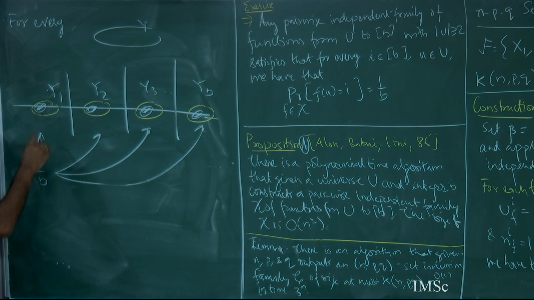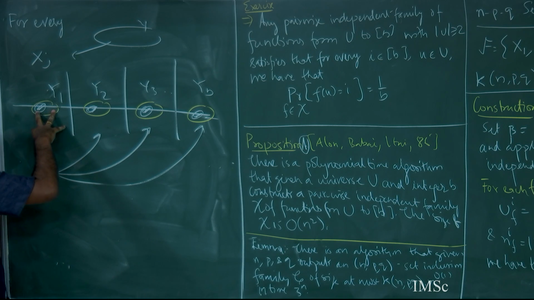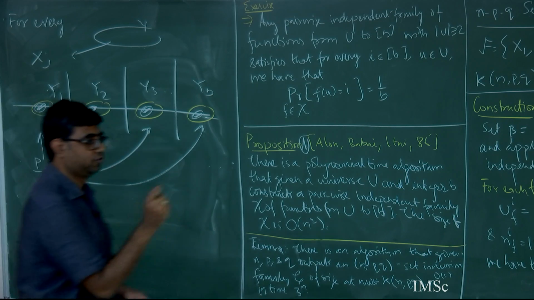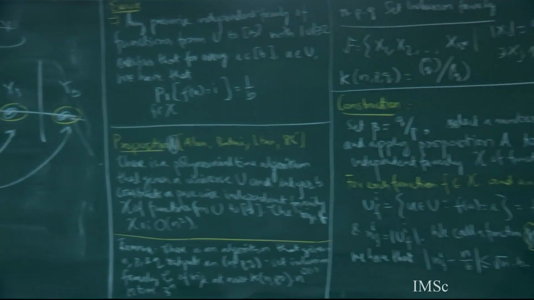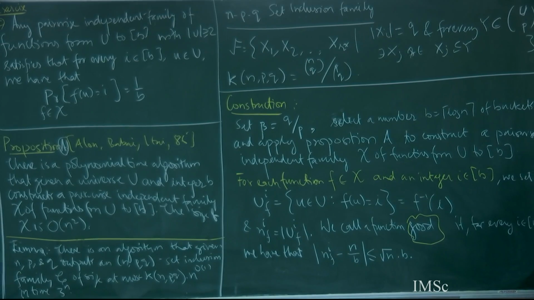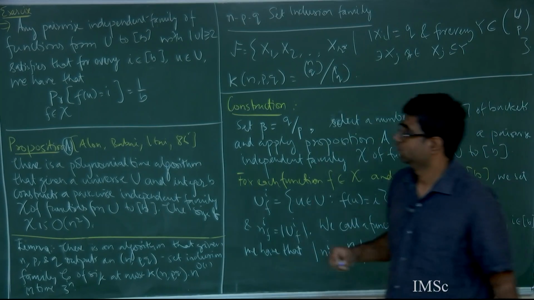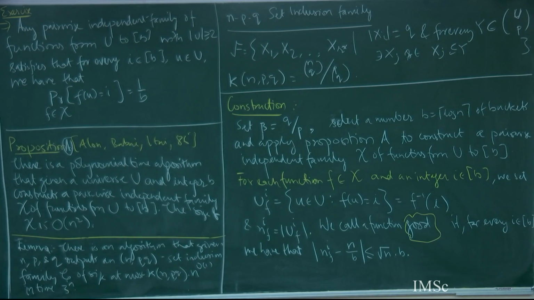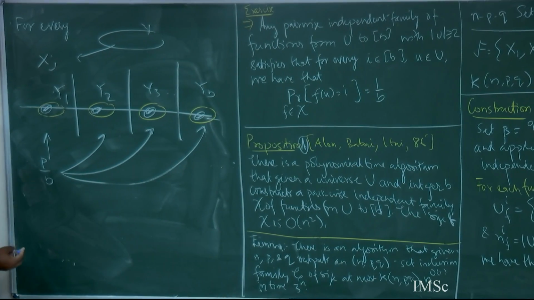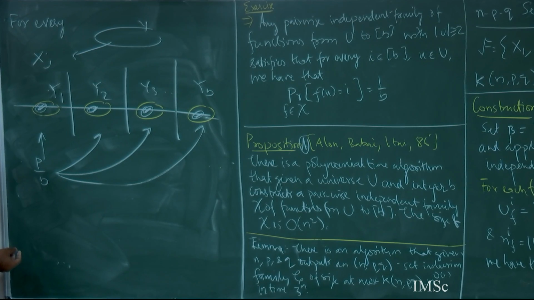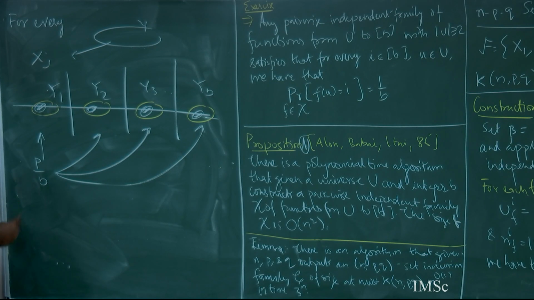Now, I can cover completely Y1, and that is also part of Y, right? My objective is, given this Y, I want to construct Xj. But I do not want to construct an Xj which is completely contained, which is equal to Y1, for example. I also want to construct Xj which covers little elements everywhere. When we say little element, we are basically dividing this Q. Each element of this partition of Xj is roughly P by B everywhere.